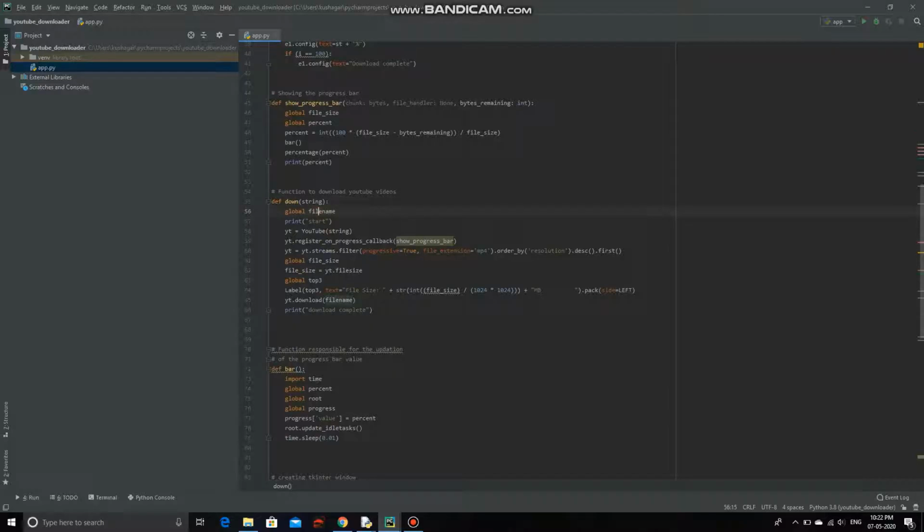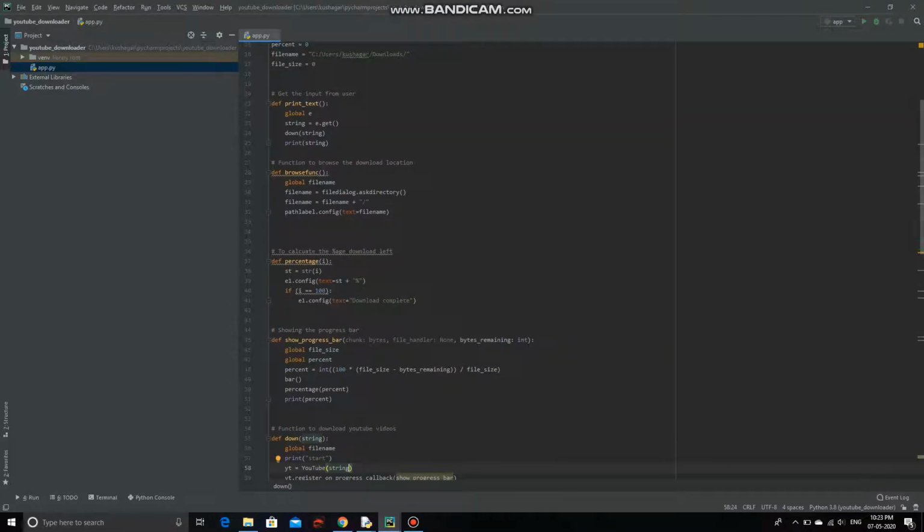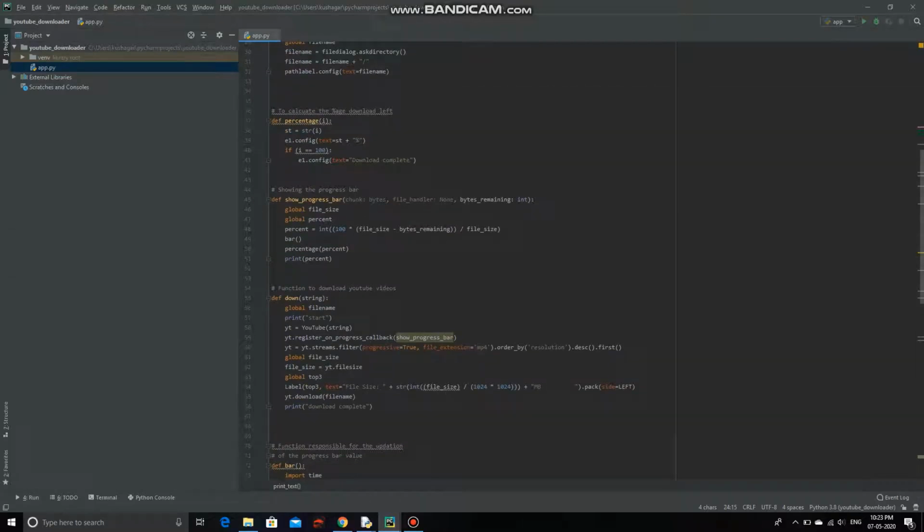Now these are global variables so that we could access them inside the function, because we can't access variables inside the function that are used outside the function in the same way, and local variables are created. To use the global variables, we use the global keyword. Okay, and now the variables we are using. yt is the object of YouTube, and string is the YouTube URL that you have put in here. For example, this is the URL that you have put in this.